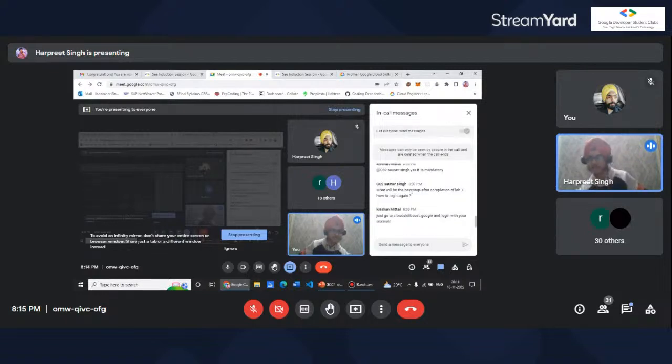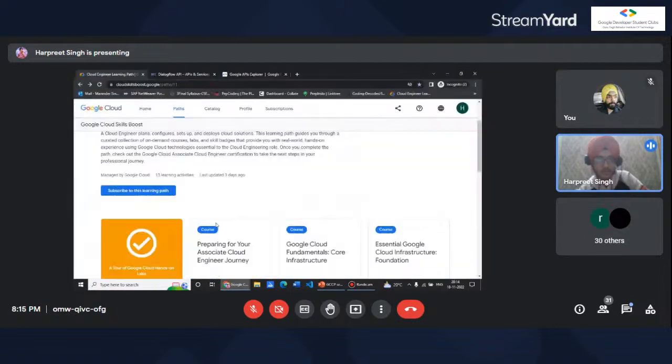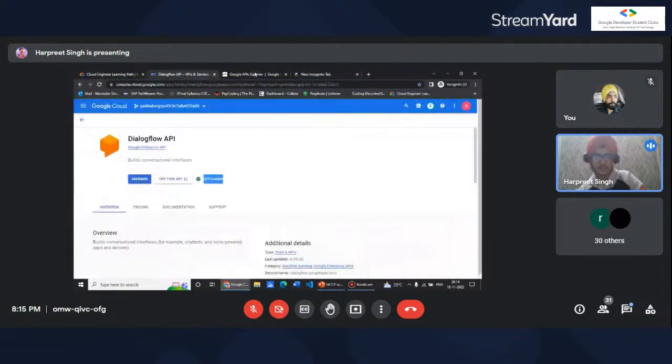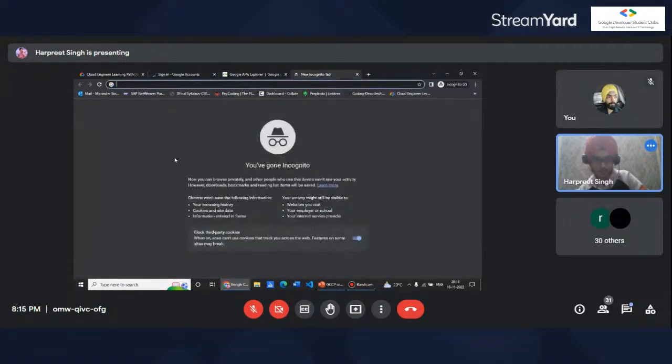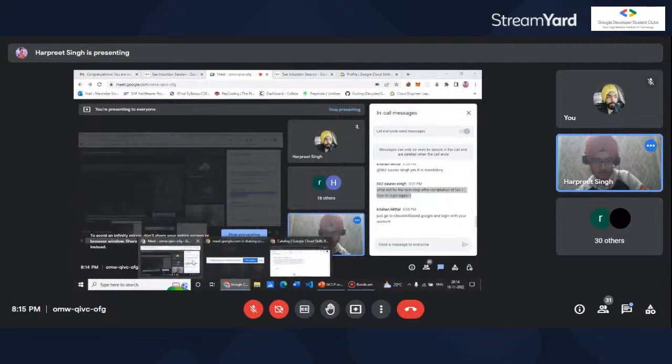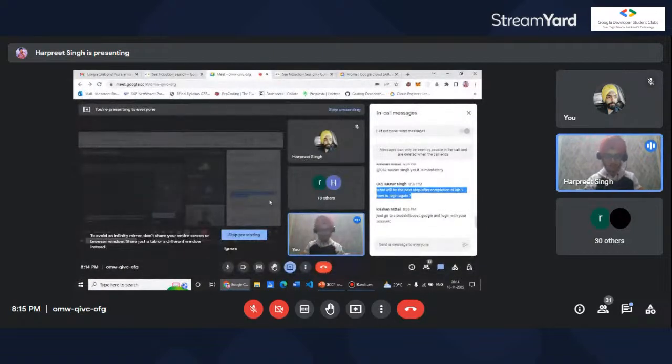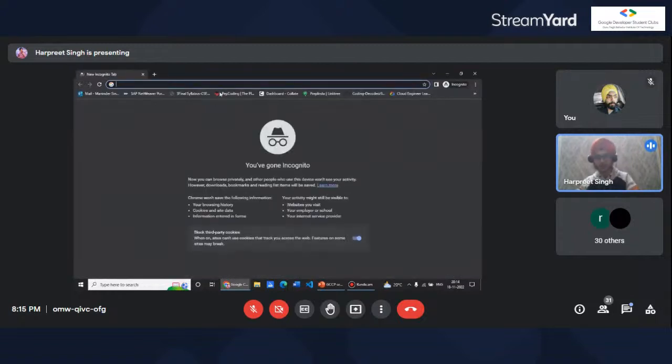What will be the next step after completion of lab 1? How to log in again? Okay, it is simple. Just go to the incognito window again, or we can just close the incognito window. So what I'm doing now is Command Shift N, the incognito window will open.